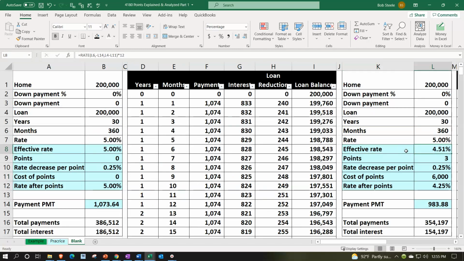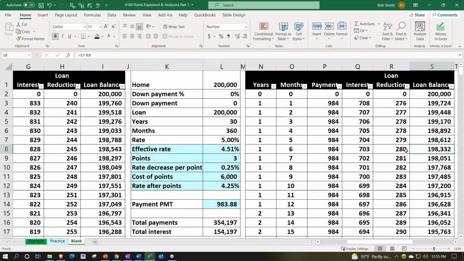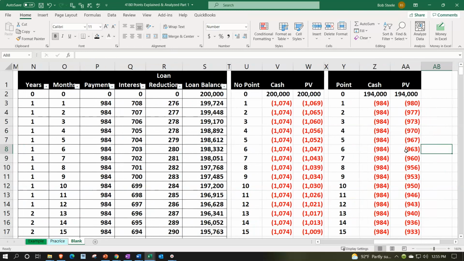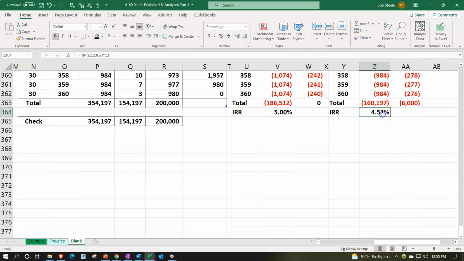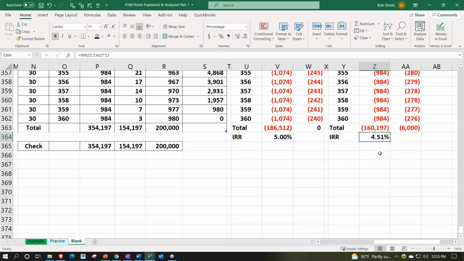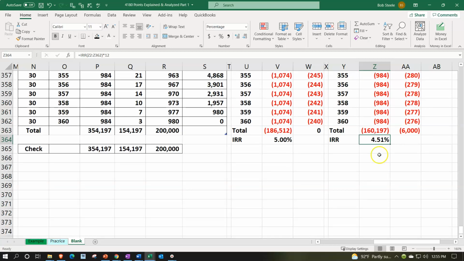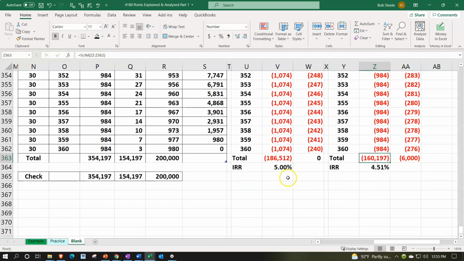So that's kind of where the effective rate is coming from conceptually, just to get one more grasp on it, what that IRR means, because it's important to note that that IRR is being calculated, that internal rate of return, is being calculated over the whole life of the loan. So if you took the whole life of the loan, then it looks like you're going to be better off because your total cash outflow over 360 periods would be less, but you also need to consider the time value of money, but then your actual percentage rate would be less. It's not the 4.25 that you pay down to. It's over the 30 years, that 4.51,